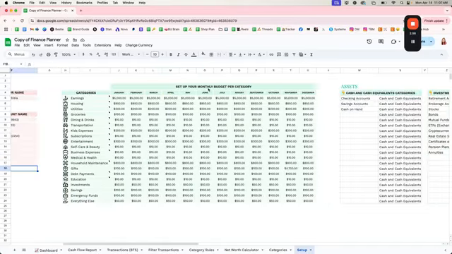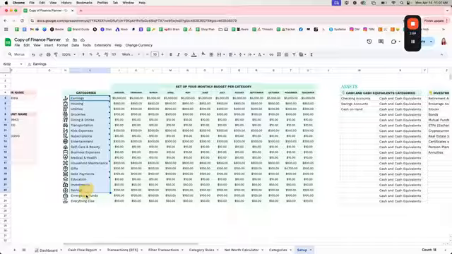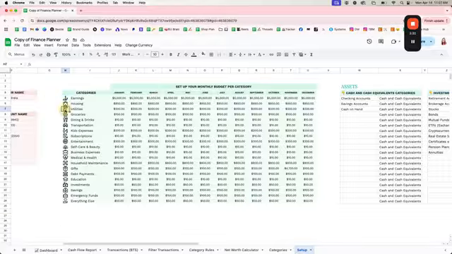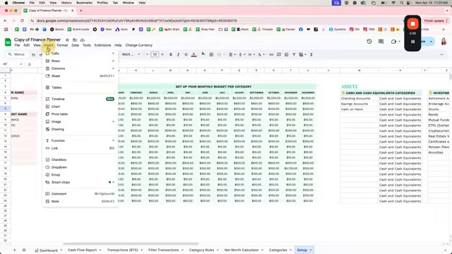Here, you are going to set up your monthly budget per category. Here, you're going to set up your categories. You can use these ones or you can just type and enter your own. And then here are just some icons. These are images. I saved the icon and then I go to insert image in cell, and then you're going